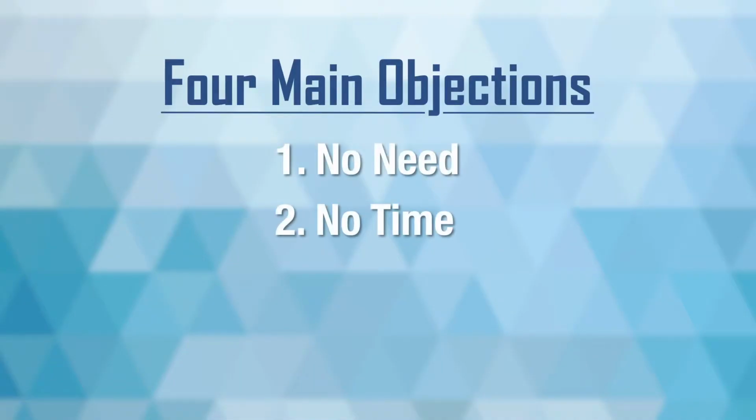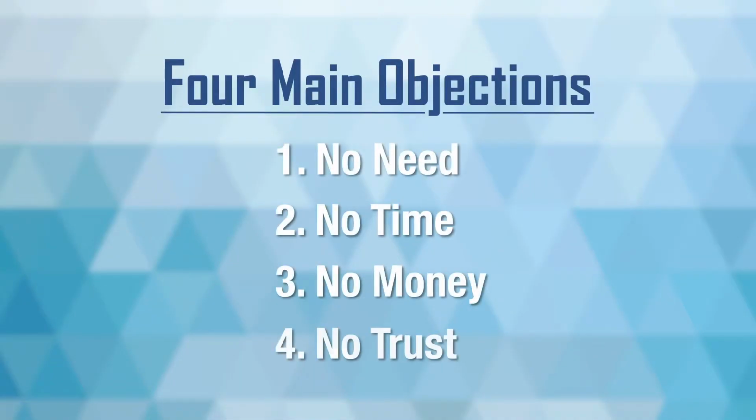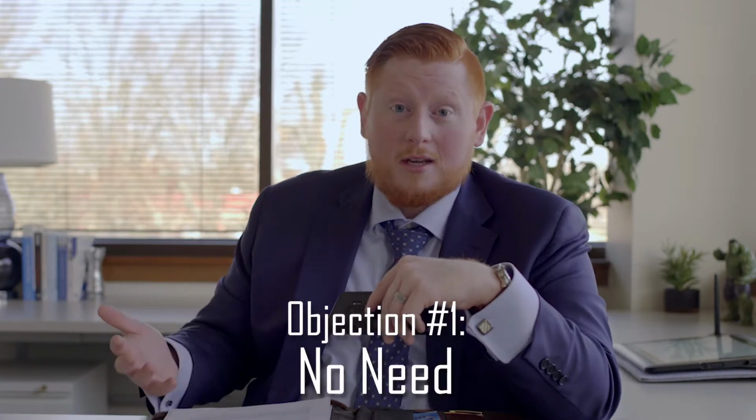At this point, everyone says no, and that's okay. You just have to be prepared and know how to respond properly. So let's revisit the 4 major objections. No need, no time, no money, and no trust. I really put it in that order because that's the frequency in which we hear it over the phone with our prospects. One of the ones I hear the most is I'm all set, or AKA I have no need.